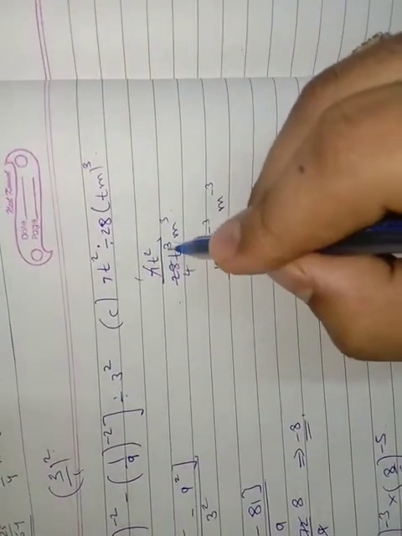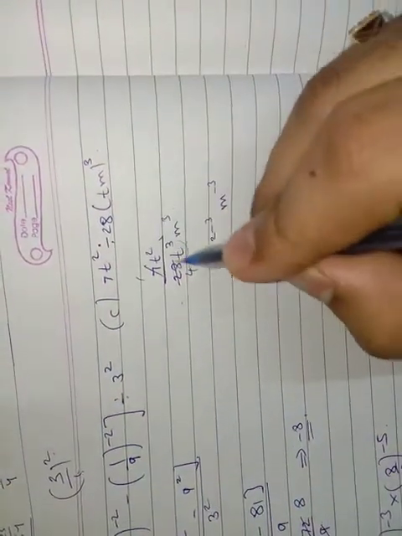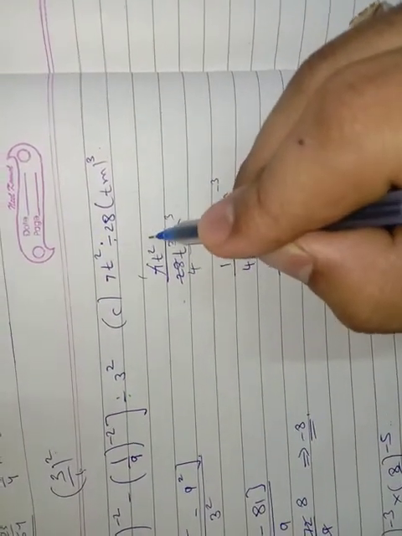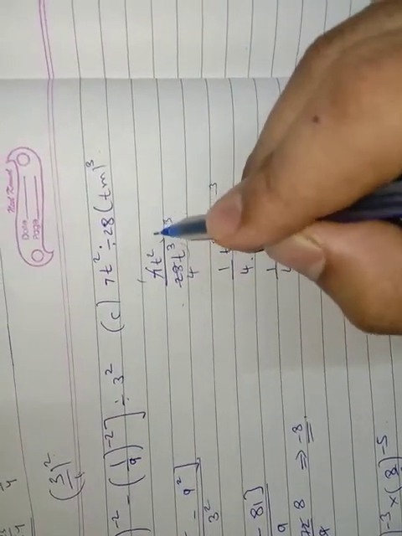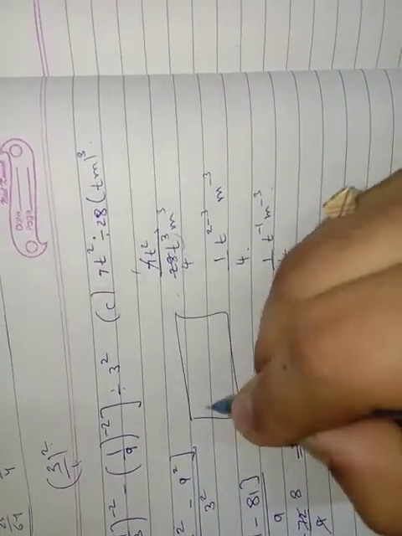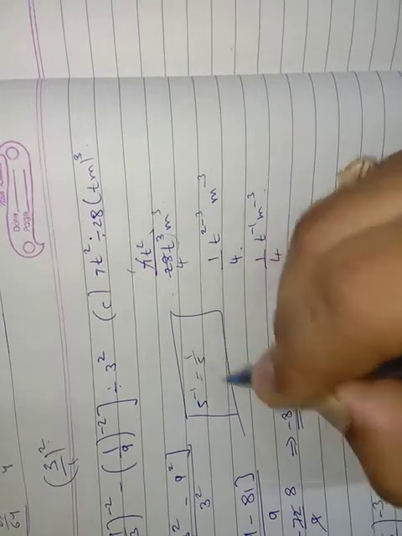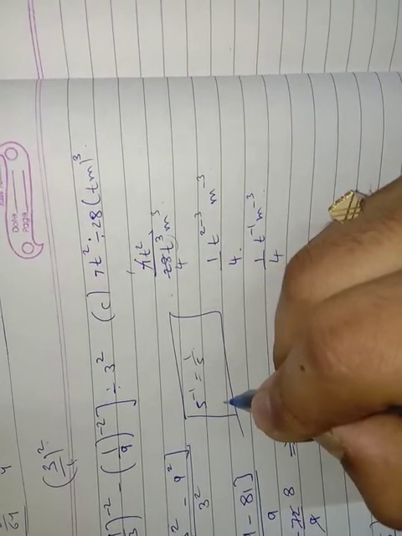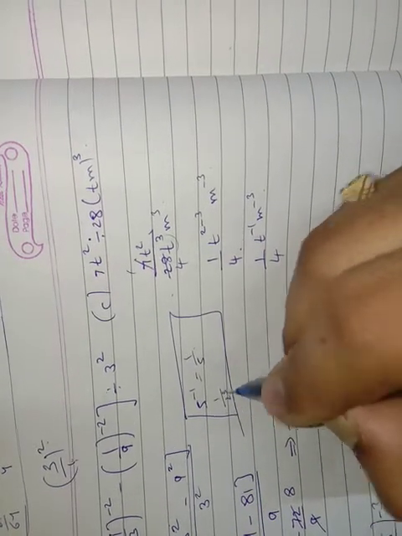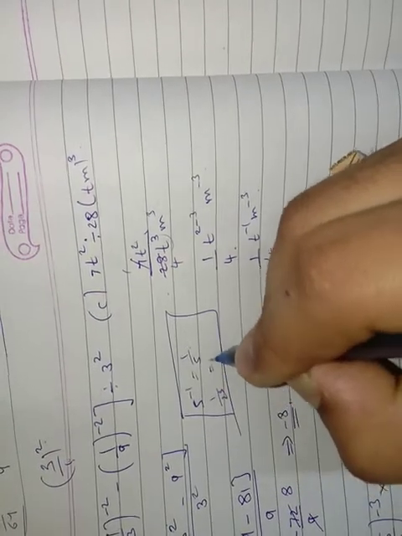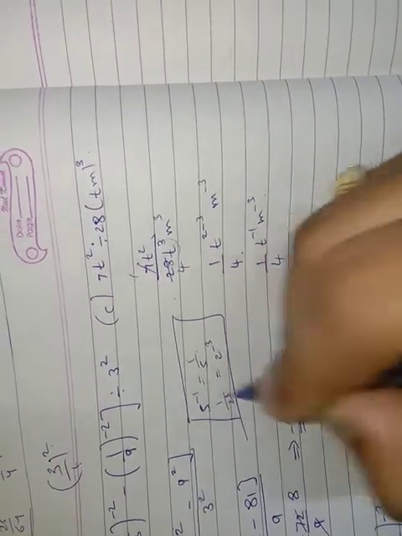Clear? This is the same property like this. If it is down, positive, it will go up negative; if negative, it will go up positive. Like I will give one example. 5 minus 1, we can write 1 upon 5. And suppose 1 upon 2 power 3, it will become 2 minus 3 when the power goes up.